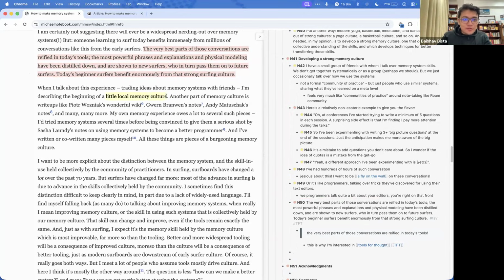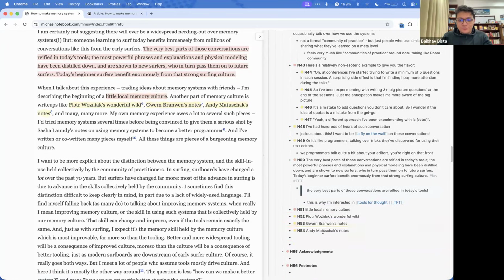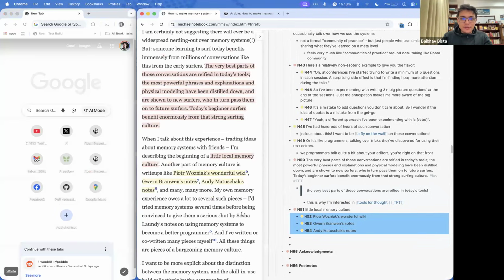He's talking about his own little memory culture. He's talking about the SuperMemo guy, Gwern, which you probably know about, Gwern.net, and Matuschak, which you definitely need to know about. But yeah, cool people to look into. By the way, it is at this point where I would normally